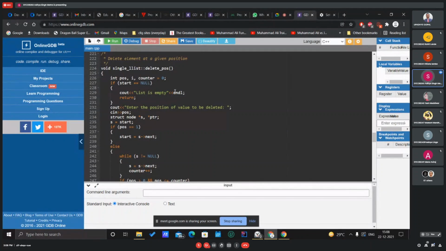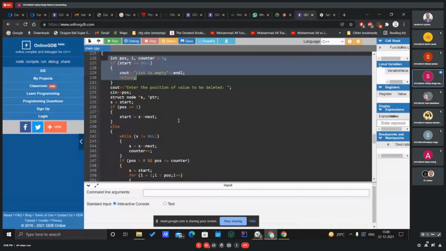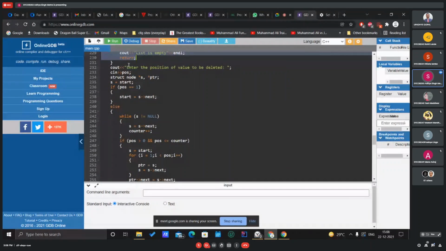So first of all, I'm checking whether the list is empty or not. So this is the first part. And then I'm asking the user the position of the value which has to be deleted.